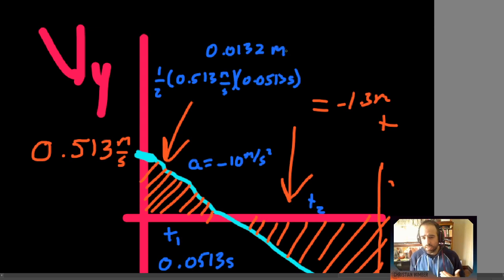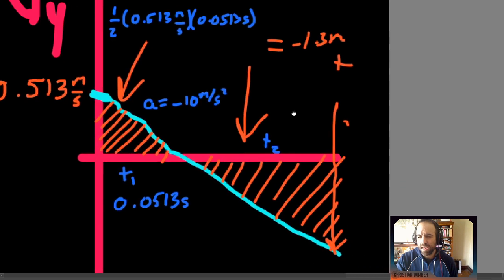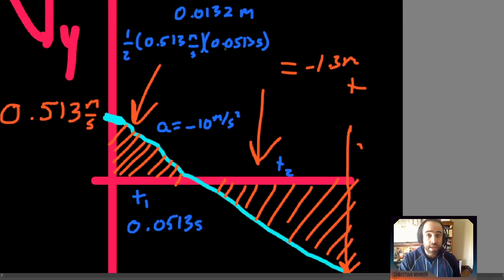So that means the distance that it travels upwards after it goes off the ramp is a little over a centimeter. That seems reasonable. It's not a very steep ramp. I can see the ball only going up a little over a centimeter. So when it falls back down, it has to fall a little bit further than 1.3 meters. This area right here has to be big enough to account for both motions. It needs to drop 1.3 meters and it had already gone up